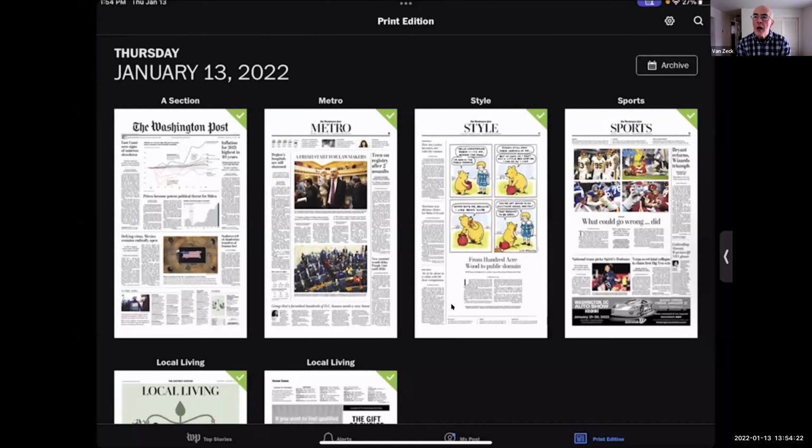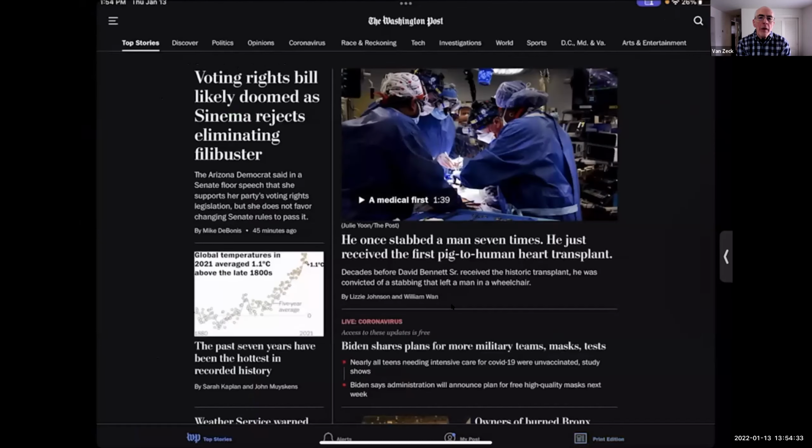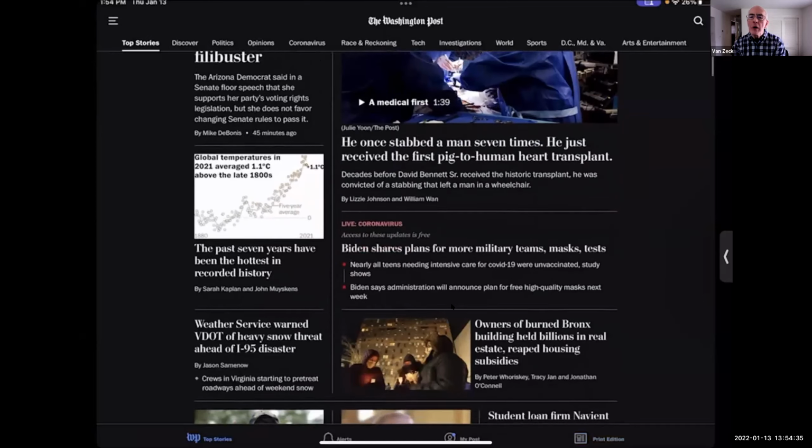It's the way I subscribe. You get both the digital and the print. And on the left there at the bottom where it says top stories, if you tap that, now we're at the Washington Post digital edition,